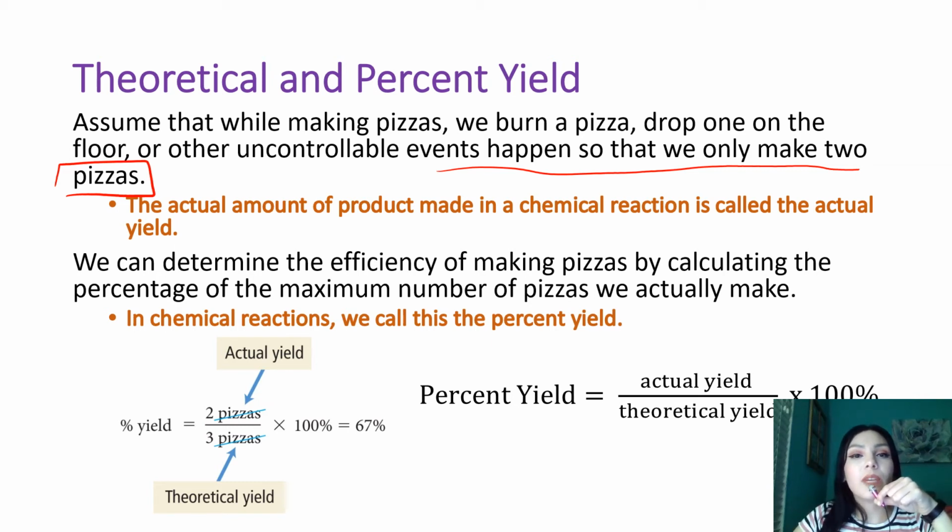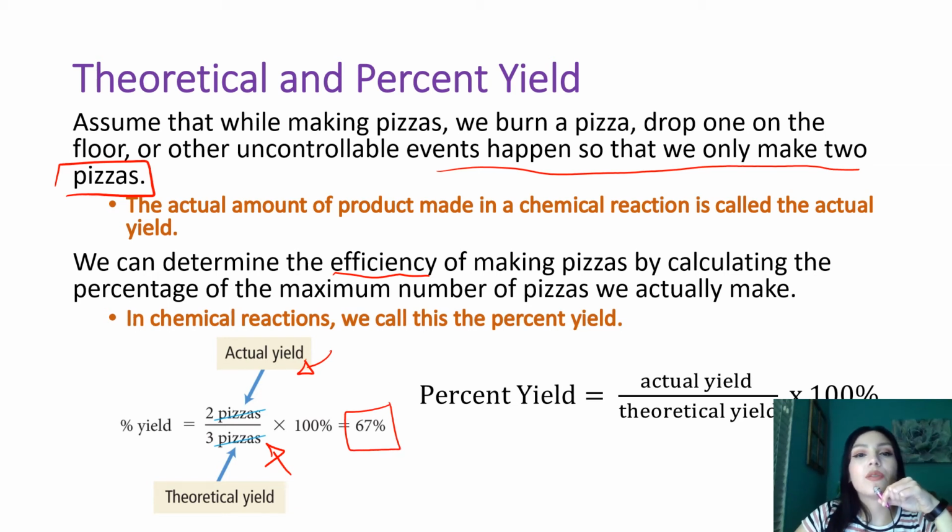This is the actual amount that you got from all of this, essentially the reaction. So we can determine what our yield is, or what the efficiency of your reaction is, and let's say for this case pizzas, by calculating something called percent yield. So our actual yield we found was only 2 pizzas, even though theoretically we could have made a full 3 from those ingredients. So we divide those two numbers out, multiply by 100, and we get 67% as our percent